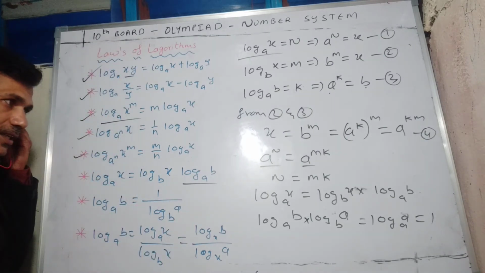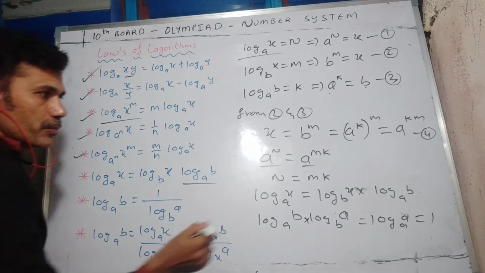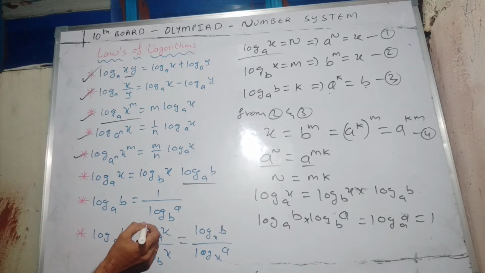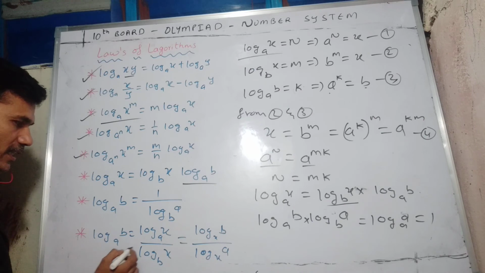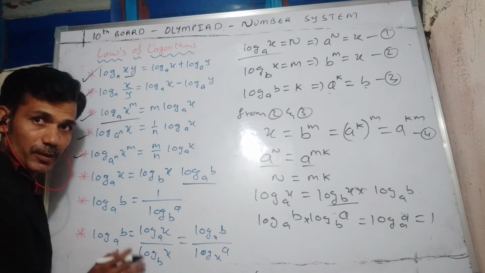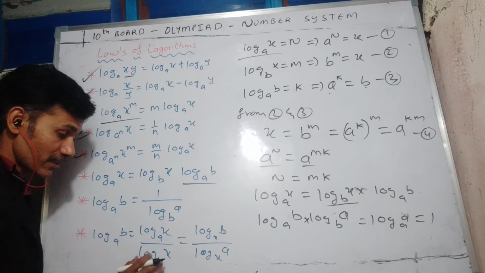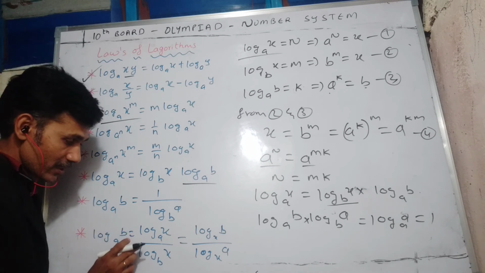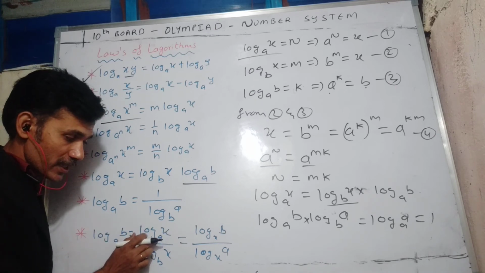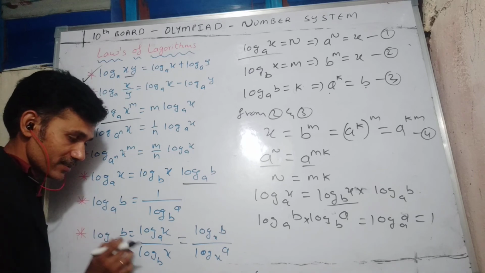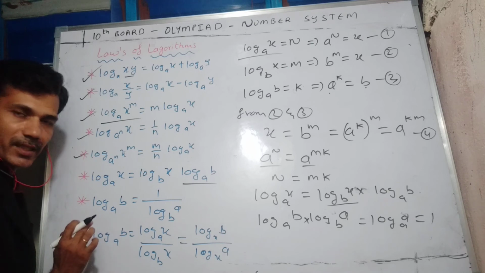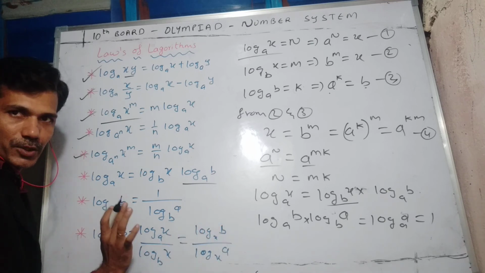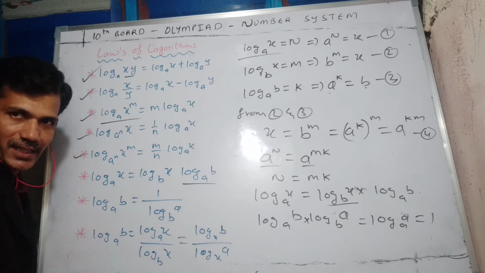And see, if you bring this side, what we can do? Log b base a, this product is there. If you transfer this side, you can change this. This will become one over log x base a, log x base b. And if you write this reciprocal, argument and base are interchanged. Here also same, if you interchange, it will go to numerator. So log b base a, what we can write? Log b base x, log a base x.